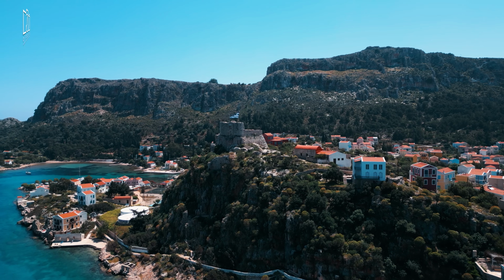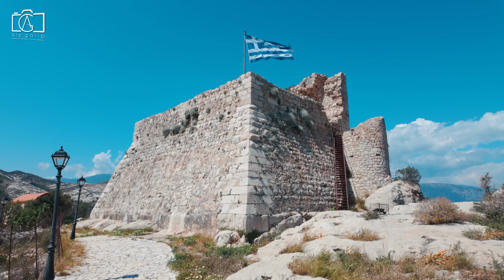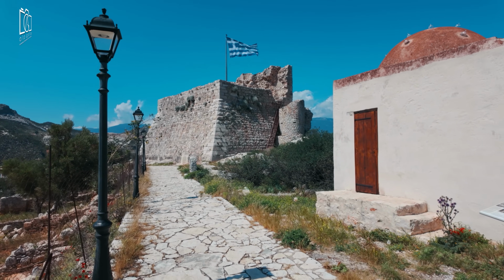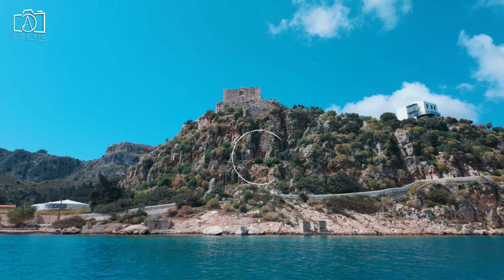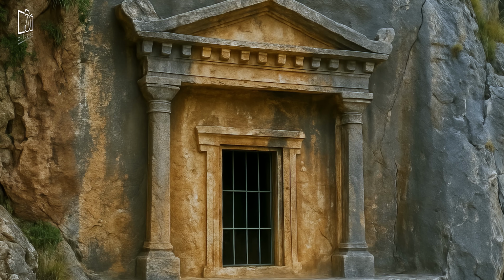Climbing up to the Castle of the Knights was a sweaty but rewarding challenge, with panoramic views over the island and harbour. Nearby, the Ottoman Hammam next to the castle told a different story of the island's multicultural past. I visited the mysterious Lycian tomb, carved directly into the rock, an incredible link to ancient history just a short